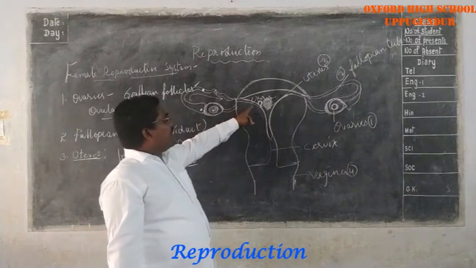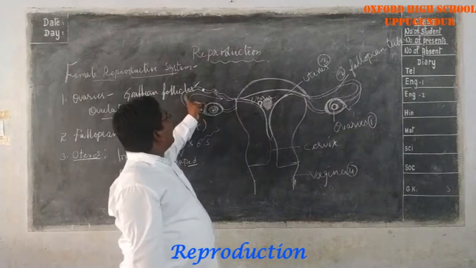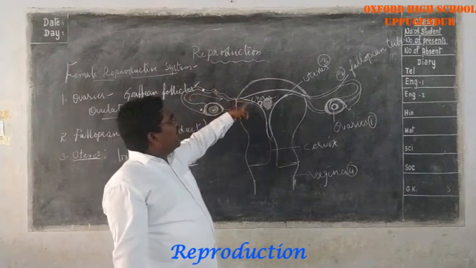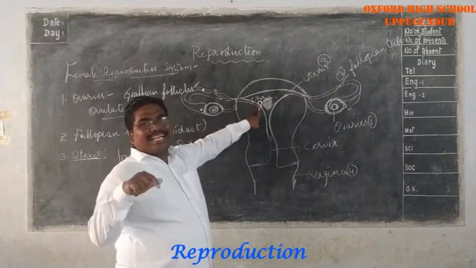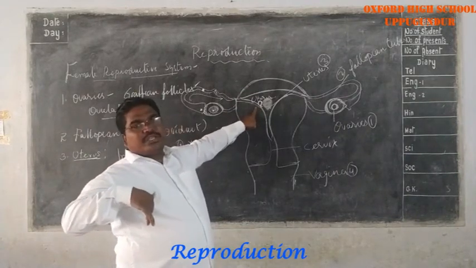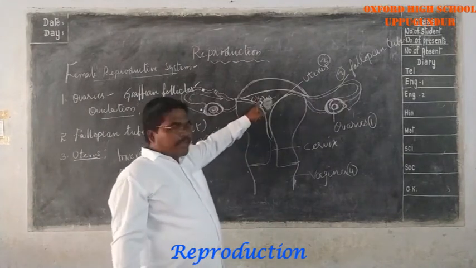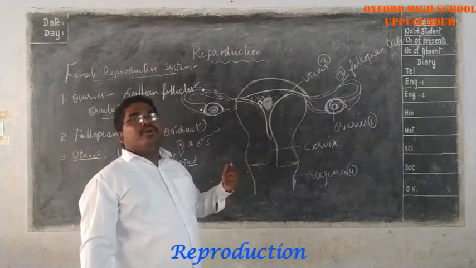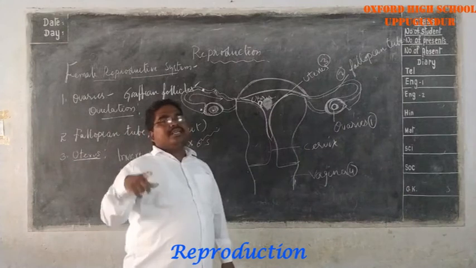When the ovum travels through the oviduct, it finally attaches to the tissues of the uterus. Once it is attached, it sinks into the soft tissues of the uterine wall. After that, certain cells of this embryo develop into different types of layers. What are the layers and their functions? We are going to discuss that